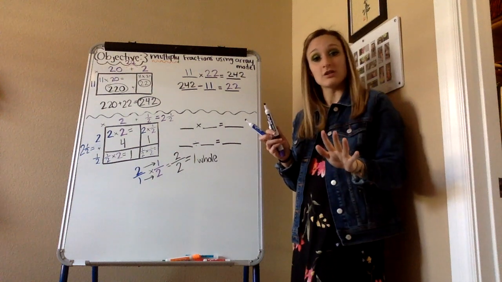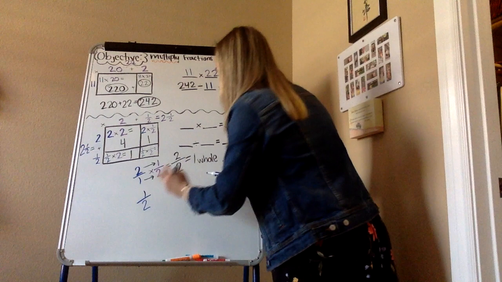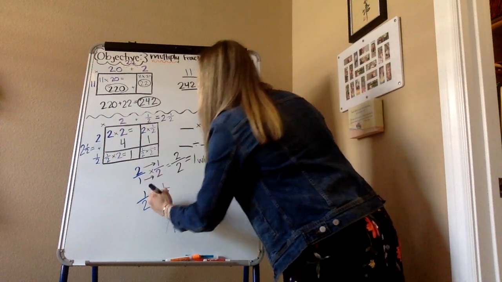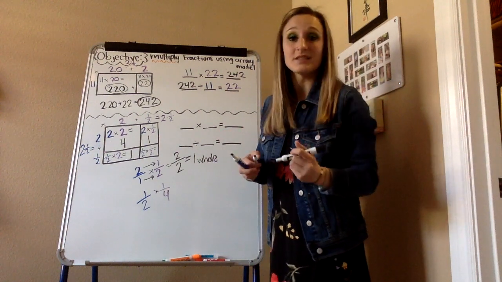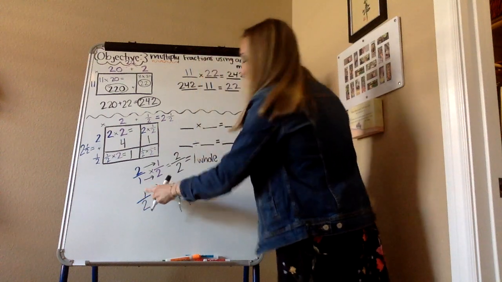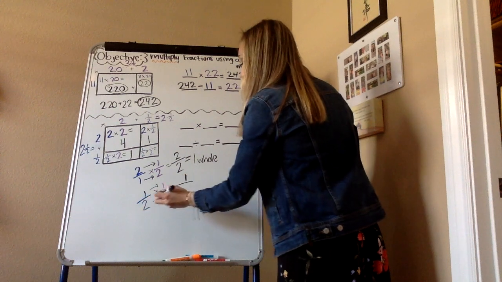I don't have to change it at all. I can just do 1/2 times 1/2 all out. And all I have to do is multiply straight across. It's already set up for me. Okay? 1 times 1 equals 1. 2 times,